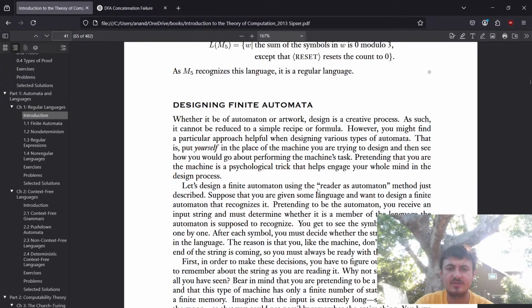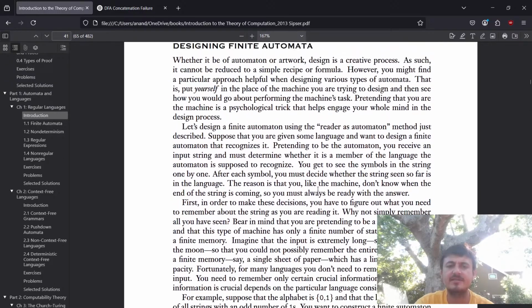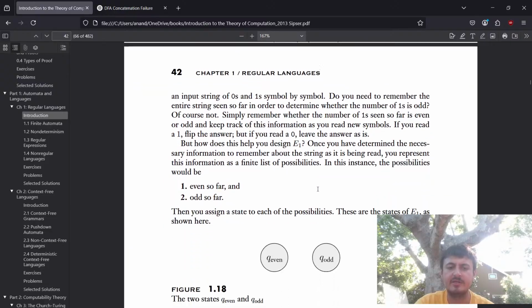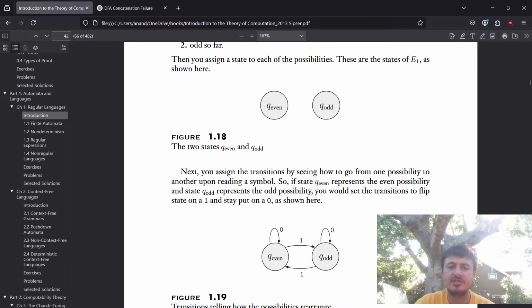All right, that's just a little example. Okay, this thing about designing a finite automaton, I didn't really need this. I thought this was kind of long-winded. But it's just trying to get you into the mindset of what might certain